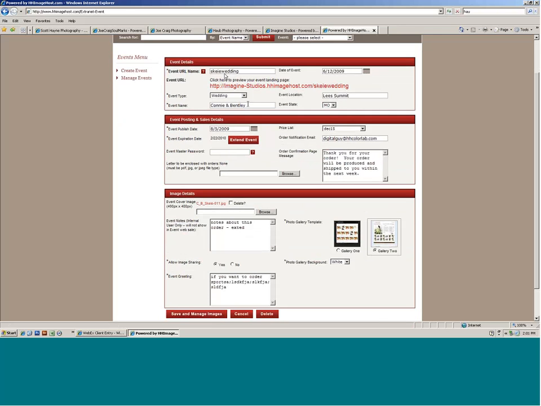So the first thing is the URL name. You can set that up to be anything, but remember that you cannot put any spaces in here because the web doesn't like spaces in URLs. You set the date of the event for the search. It shows you the event URL, so you can copy this or quickly jump to it to see what it looks like. The event type,